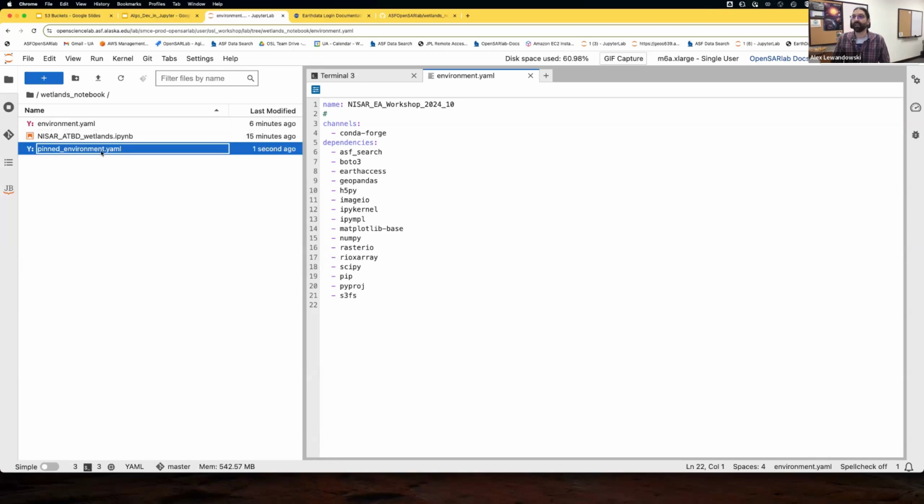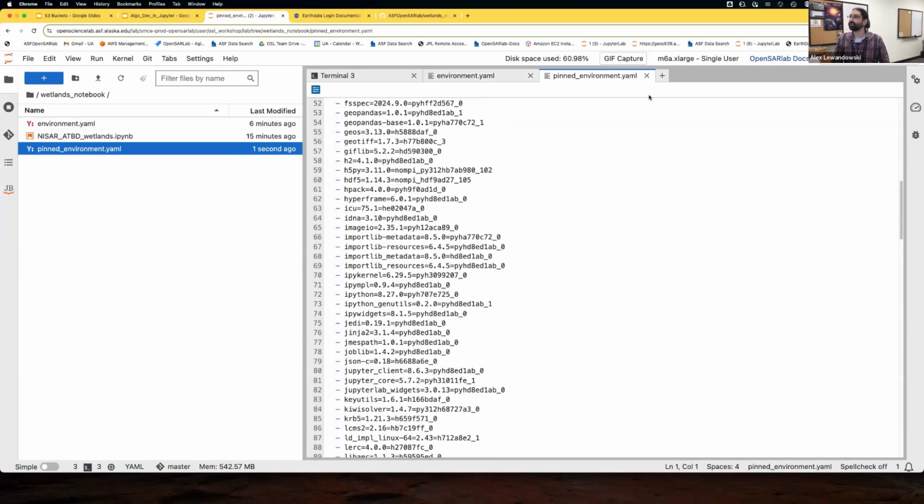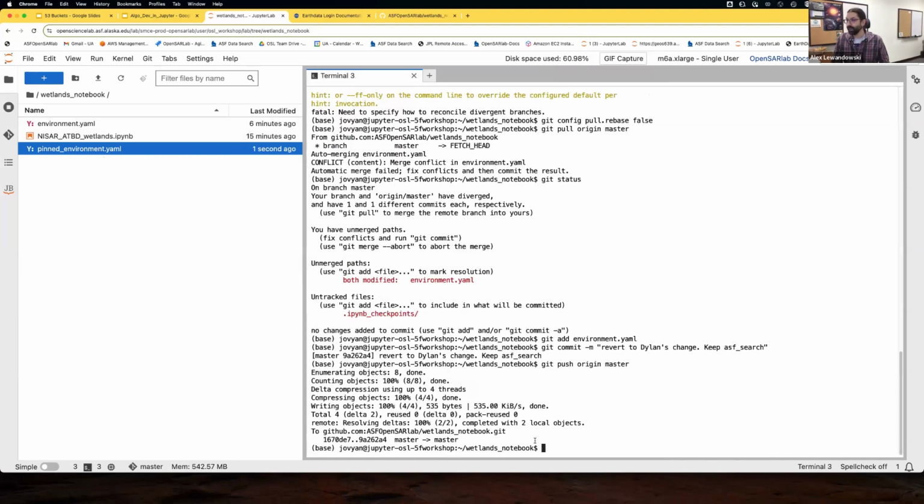Okay, so now I've got the pinned YAML, which has all of these specifically pinned versions. But instead of just pushing this to the master branch, I am going to create a feature branch and submit a pull request. So I'm going to say git checkout